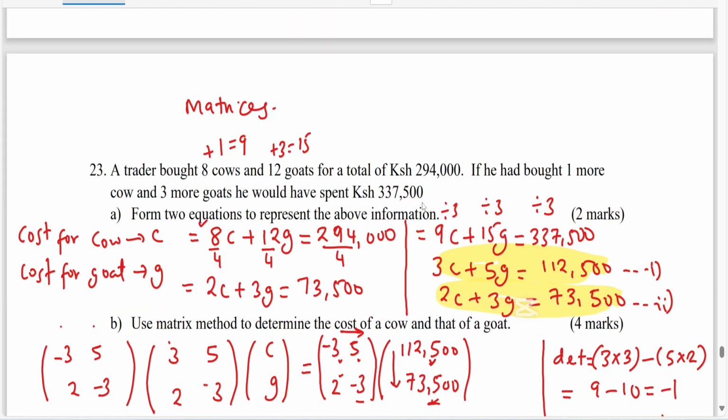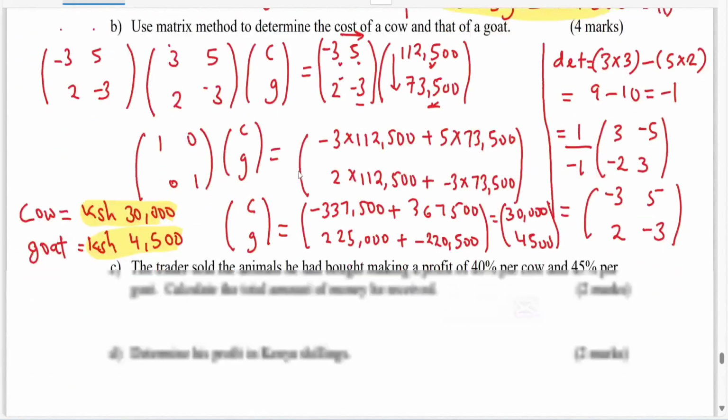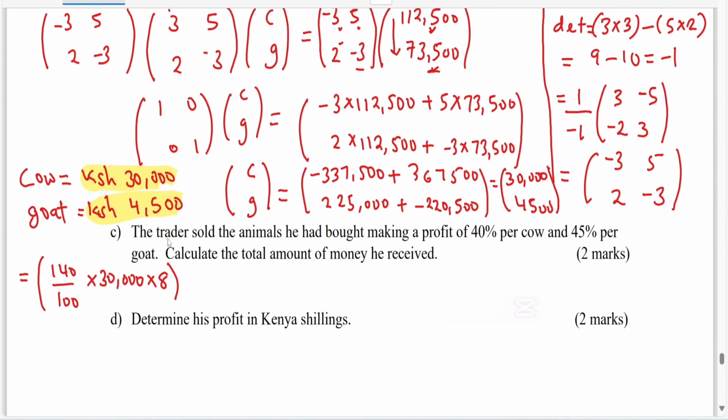The animals he bought were 8 cows and 12 goats. So tutafuta total sales za hizo 8 cows plus hapa pia 145% of the single price, which is